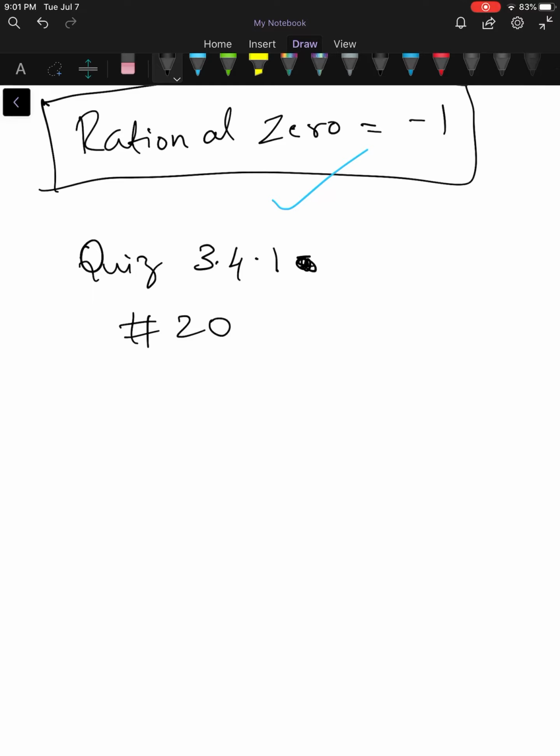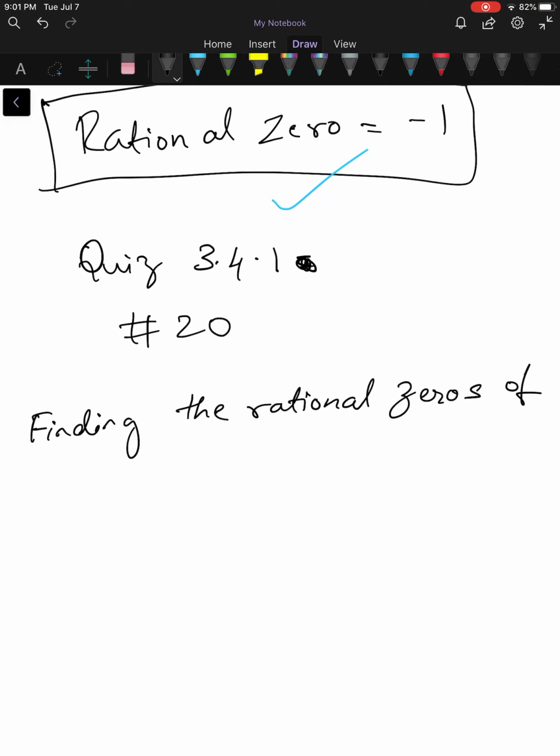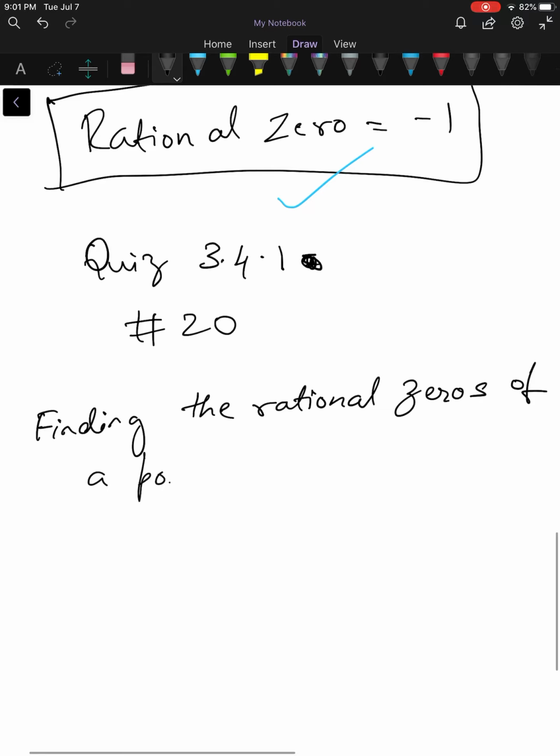to find out the rational zeros of a polynomial. So this has steps, so I will list out the steps for you. So finding the rational zeros of a polynomial. So step number 1 says you have to list all possible